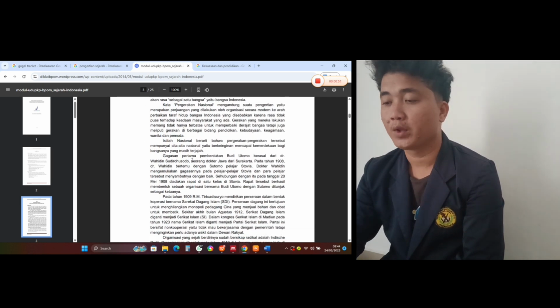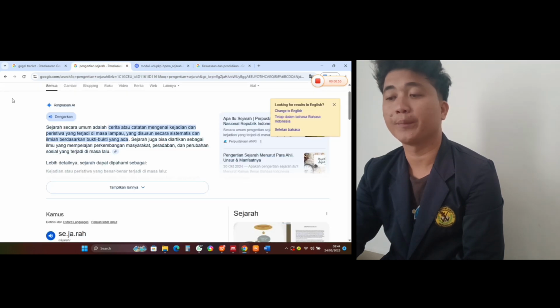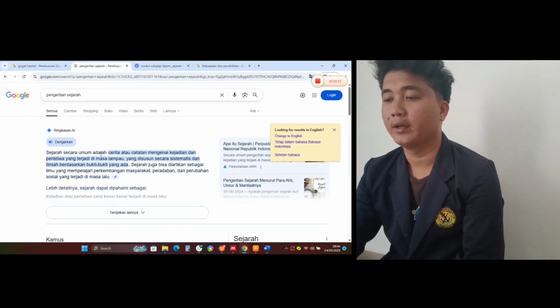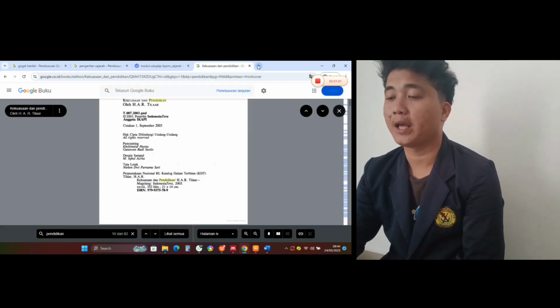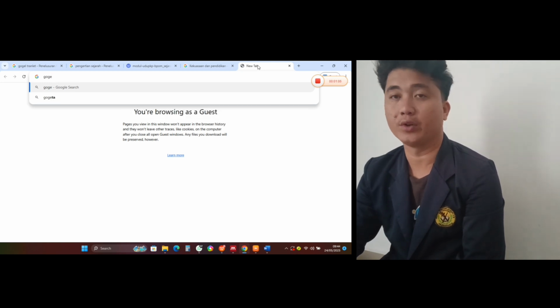After 2, open the journal, then read into chapter 2. Select the sentence you want to search for. Like, I will search for the definition of Indonesia history.